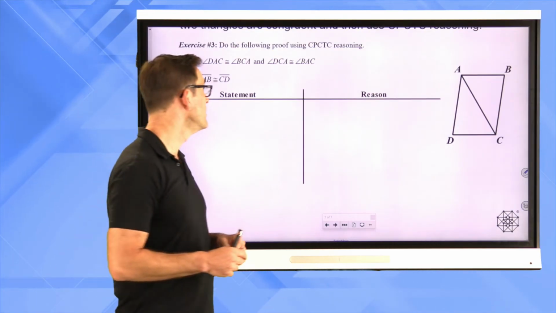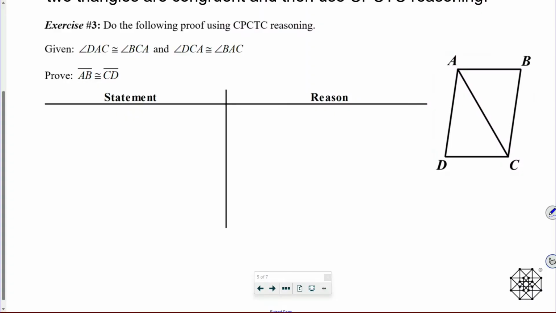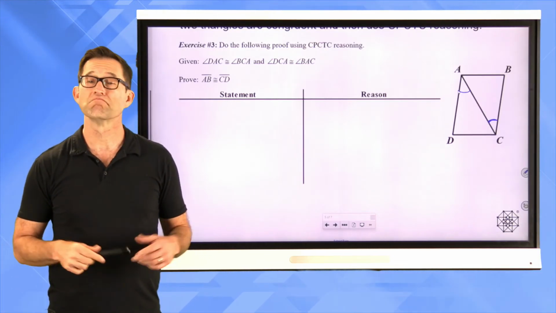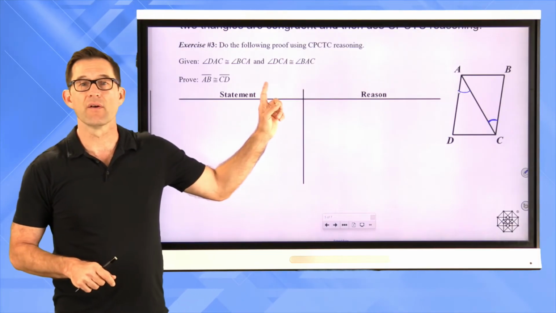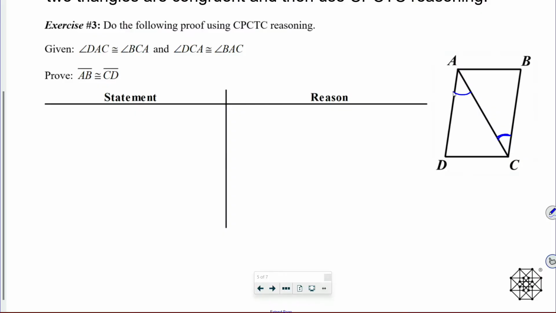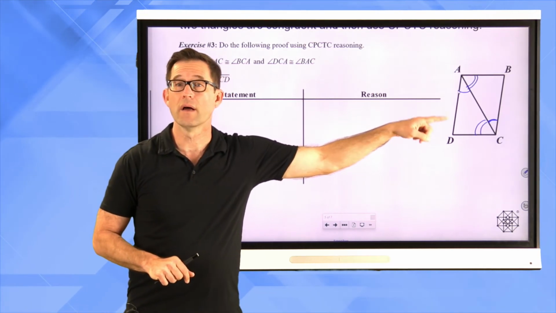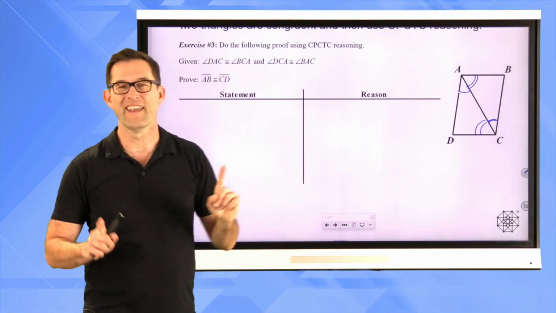So first, DAC is congruent to BCA. That's going to be this angle is congruent to this angle. All right, angle DAC is congruent to angle BCA. Our second given is angle DCA is congruent to angle BAC. So DCA, which is right here, is congruent to BAC right there. Okay, so I have an angle congruent to an angle,